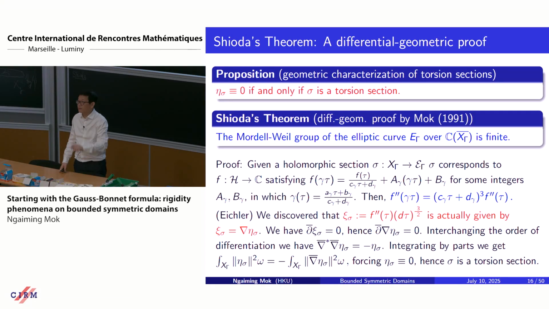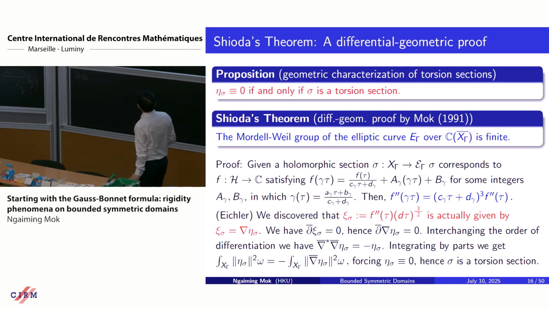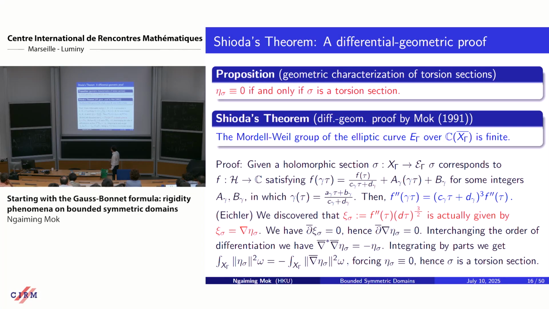So let me explain the proof. For Silverberg's theorem, it's the following. This came from some work that was done in 48 by Bo in a German journal, as far as I remember, where he